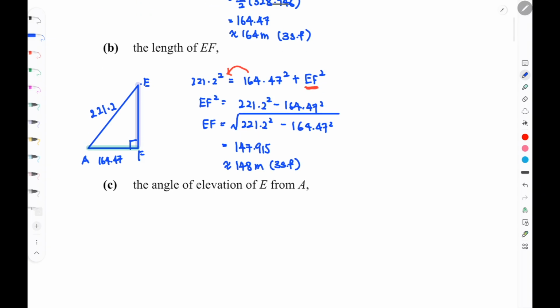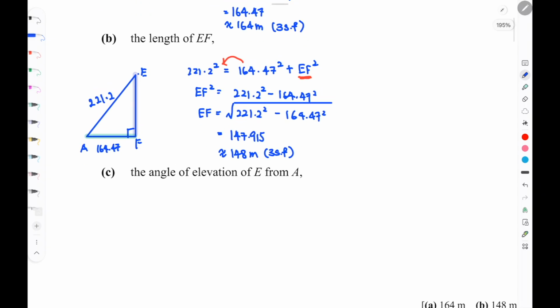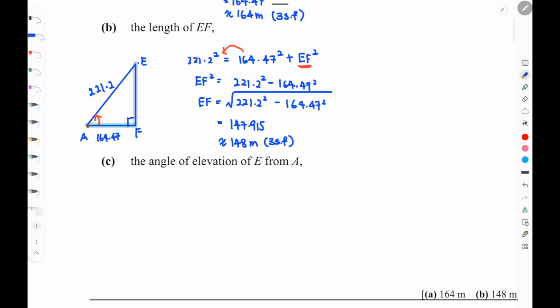Next question. I want to find the angle of elevation of E from A. So I go to A. My angle of elevation is over here, the one in red color. Because I already know the sides, I can just use my SOH CAH TOA. I have adjacent. I have my hypotenuse. Okay, I will just use cosine angle